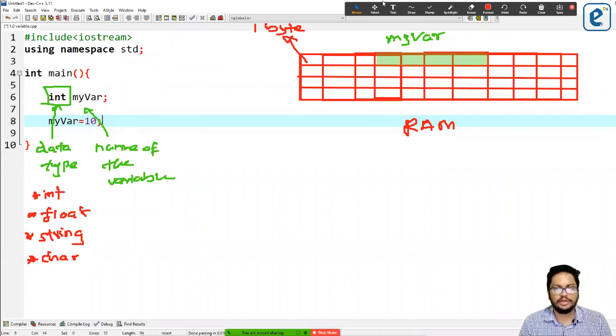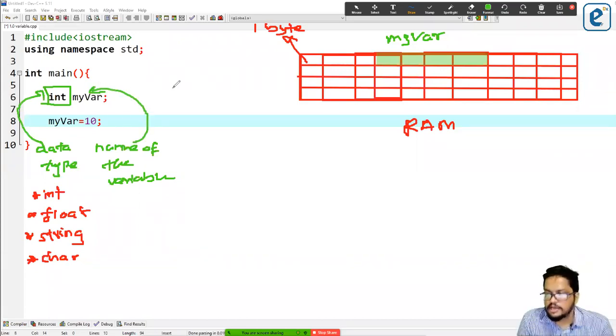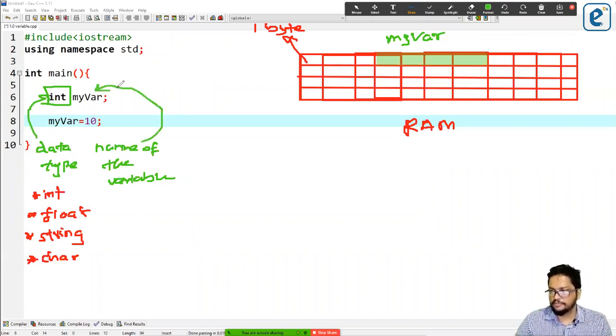So the data type and the name of the variable, right?